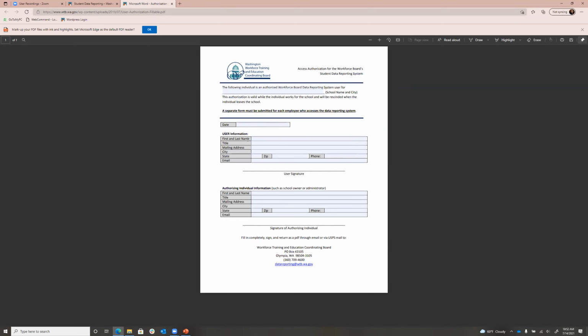It's basically just telling us who you are, and then we're having you get an authorized person to sign it, like a school owner or an administrator, just so we know that you are the person reporting data this year and that you've been given permission to do so. It says at the bottom, or mail it to us. That's okay if that's your only option, but we'd prefer if you fill it out and then email it